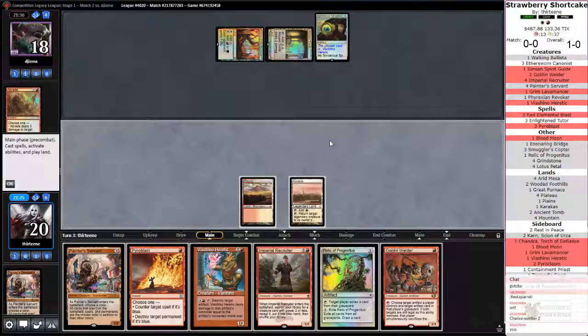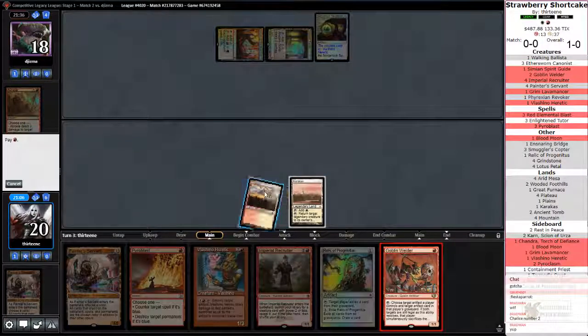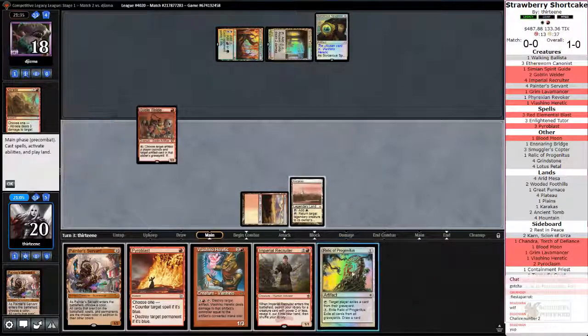Welder's technically a thing. So I can Welder and Relic. I can Welder to put the Painter's Servant back in. I can just run out Painter's Servant here and get ready to Pyroblast Spyglass, but I think this is more dangerous on the battlefield than in my hand. Yeah, I think I'm just on Welder and Relic. If I want to, I can...